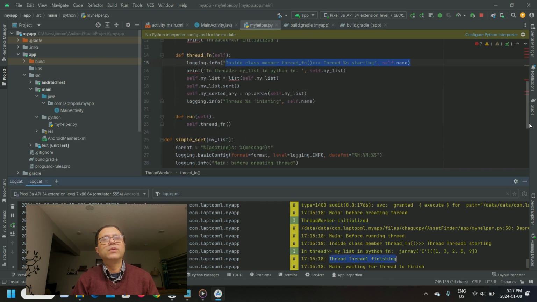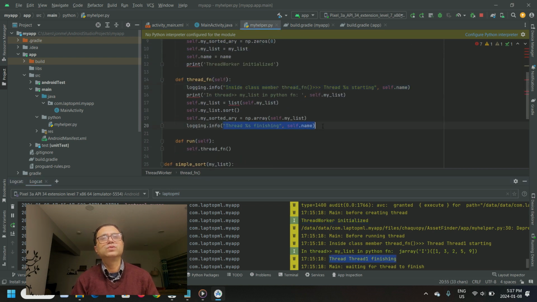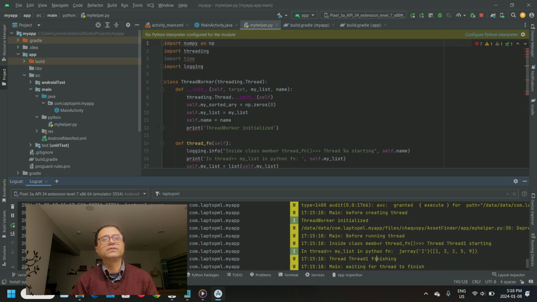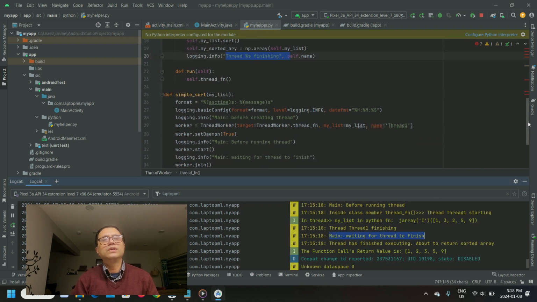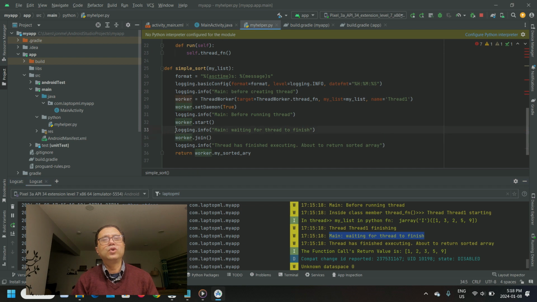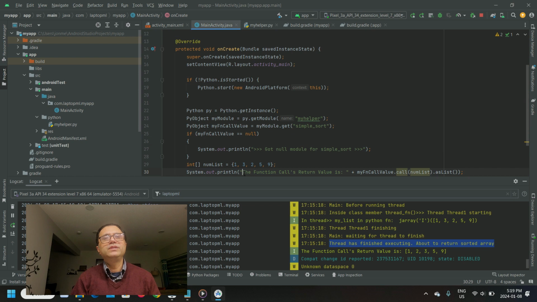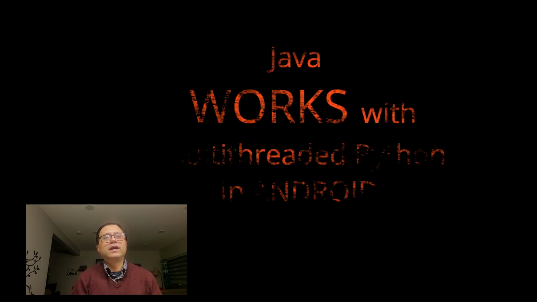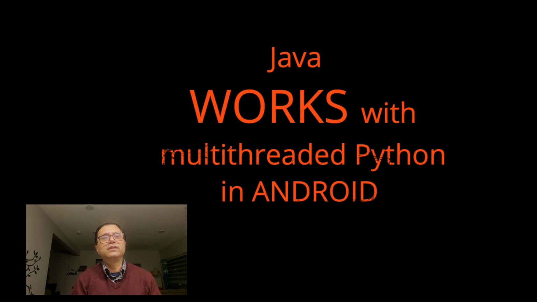Here's where our wrapper function simple_sort is waiting for the daemon thread to finish execution before exiting itself. Once the thread has returned, the join method is unblocked. And here's the Java print statement printing the sorted array of integers, which was returned to Java by the Python function simple_sort. With this, we are able to verify that Java can successfully integrate with multi-threaded Python programs,